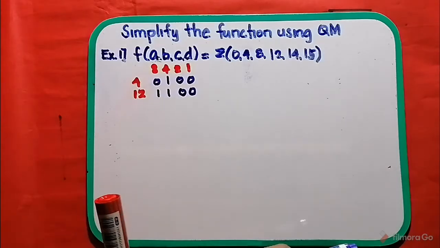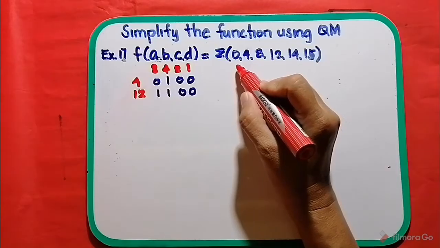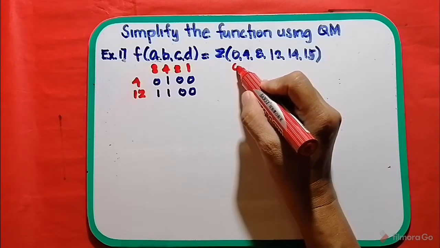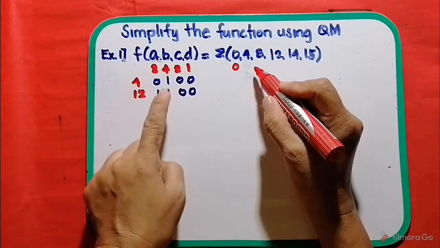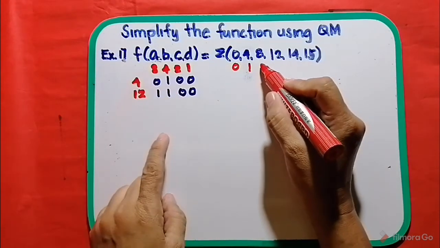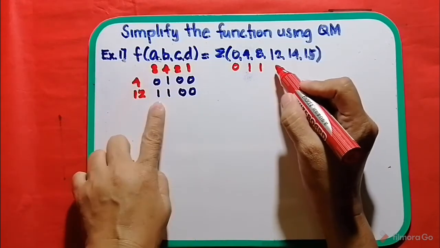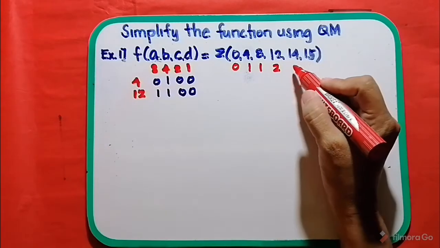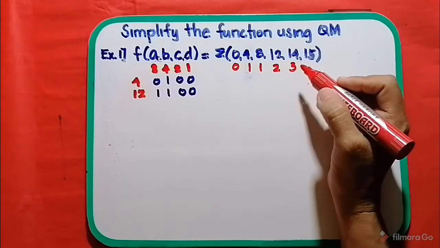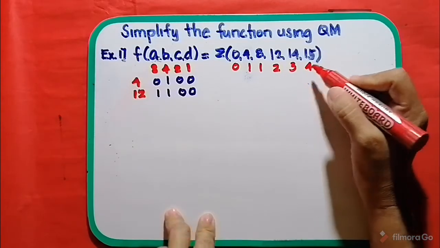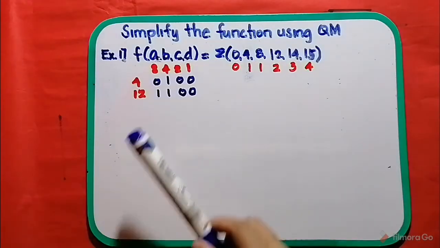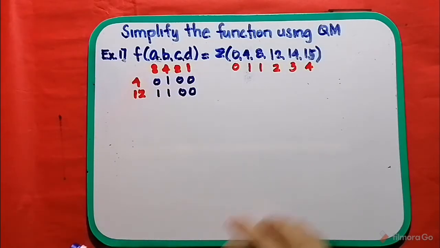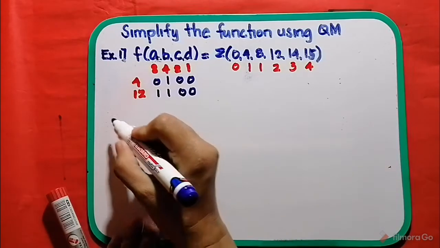The shortcut method. So, the next, 0 has no ones. For 4, we have 1 one. For 8, we have 1 one. For 12, we have 2 ones. For 14, we have 8 plus 4 plus 2 is 14, so we have 3. For 15, we have 4, since 8 plus 4 plus 2 plus 1 is 15. So we are now ready to get to part 1 of